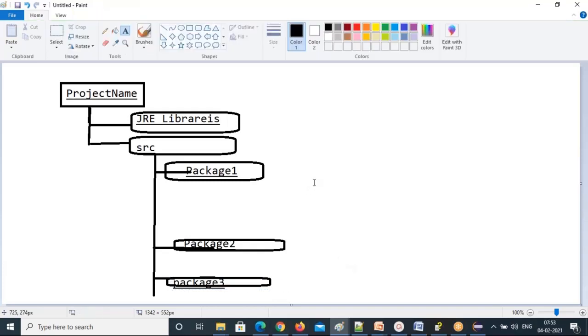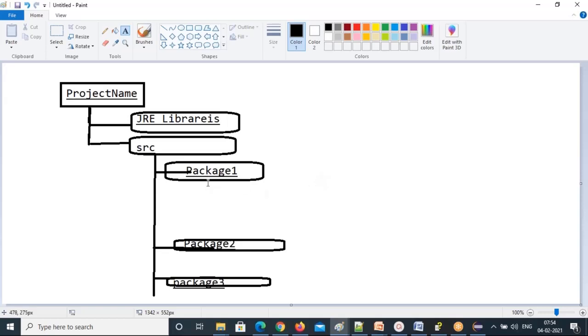So then what is a package? A package is a collection of a group of classes, interfaces and sub packages. That means under one package you can create many classes, interfaces and sub packages. That's what one package means.